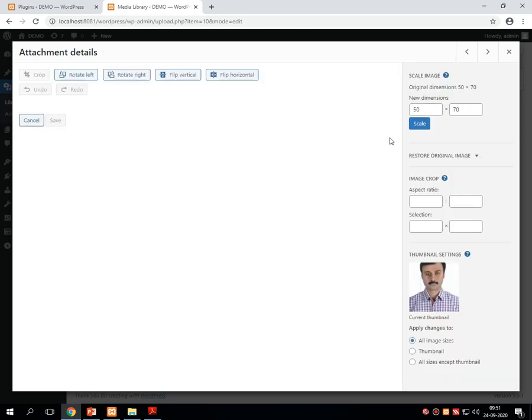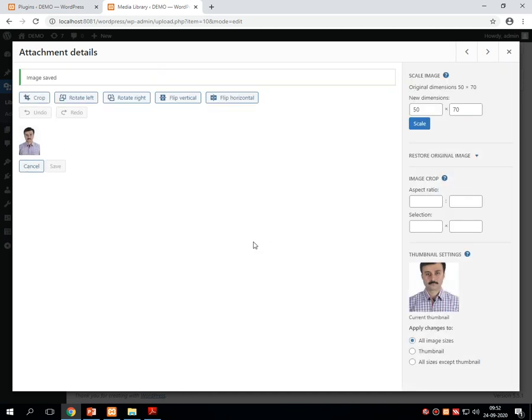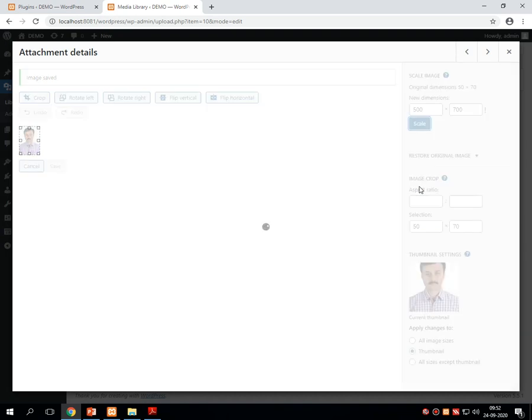Let me go back. Edit image. I am changing the dimension over here. 150 scale. Image becomes like this. Let me change it to 200 scale. 100 by 500 scale.